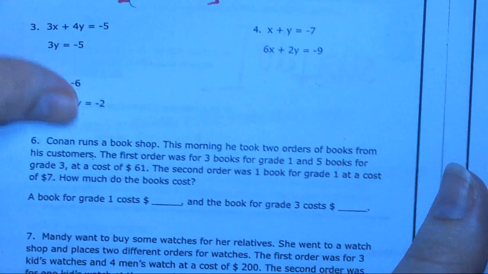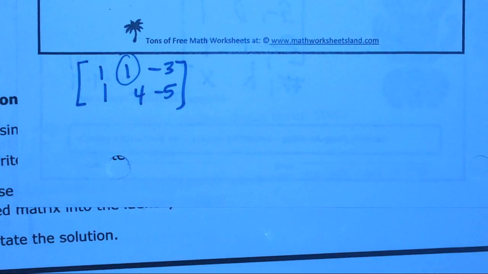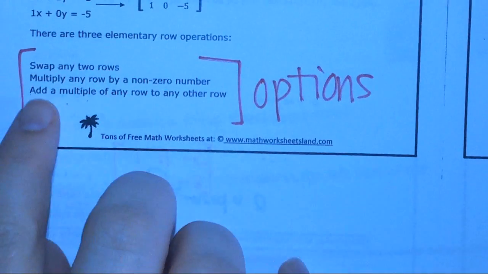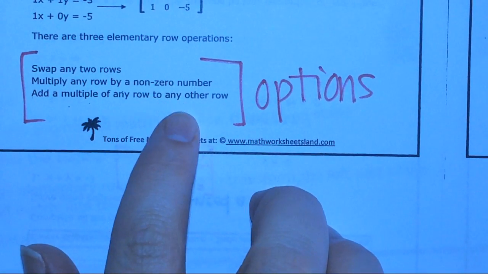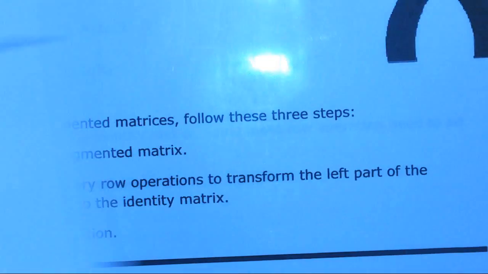So I'm going to write it again at the bottom because I don't have enough room. It was 1, 1, negative 3, 1, 4, negative 5. We're going to have to do something to make this a 0. Now, if we look back at those options we had, it said we can multiply our rows by a non-zero and that we can add them together. So Braxton's already on it. We can use that second row